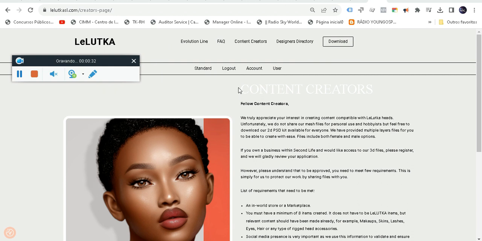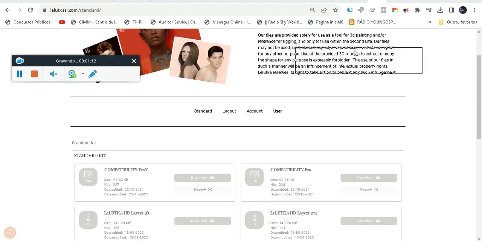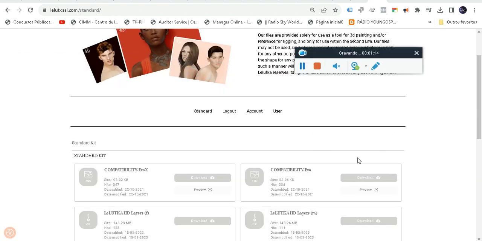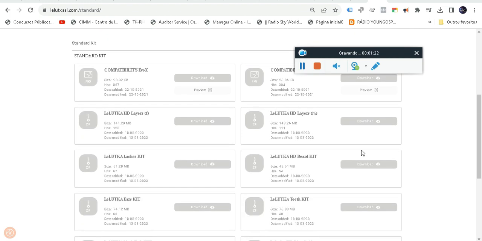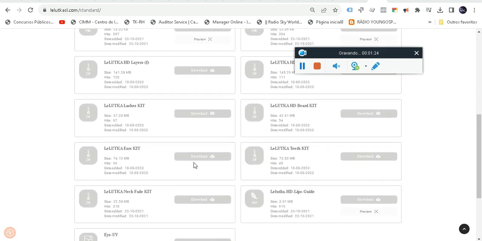Hey guys, we're on this page here, which is content creators. You're going to either register or log in. If you already work with this, you'll go to log in. Lelutka put the kits inside the same kits that we used to work with before. So all the layers that we used to work with are here,